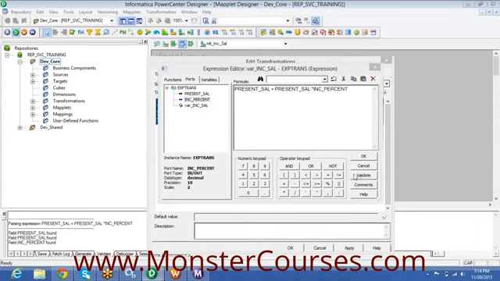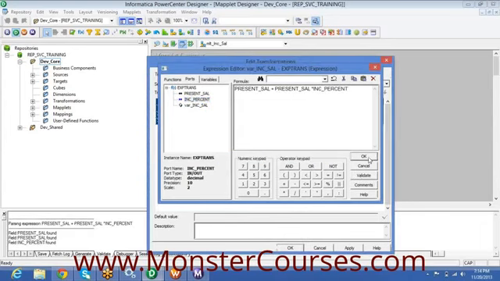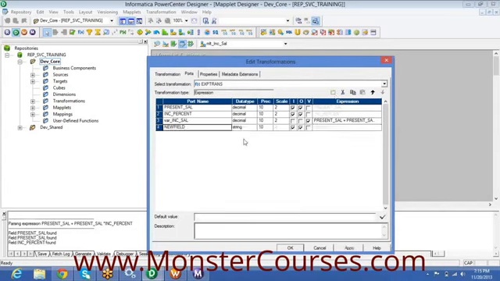So how much percentage you want to increment, right? This gives you the increment salary. Then you create an output port and pass this variable port as input to the output port.